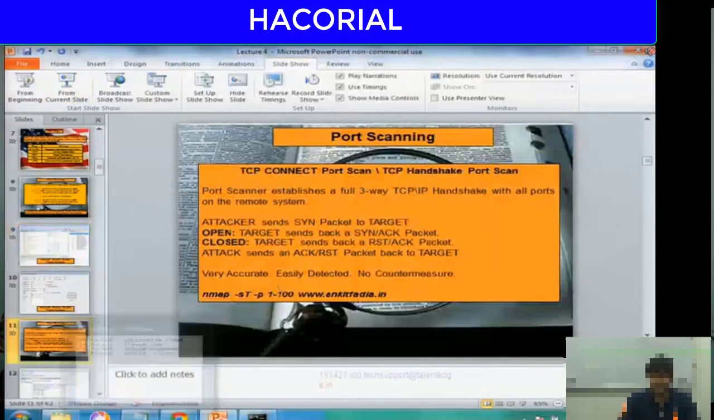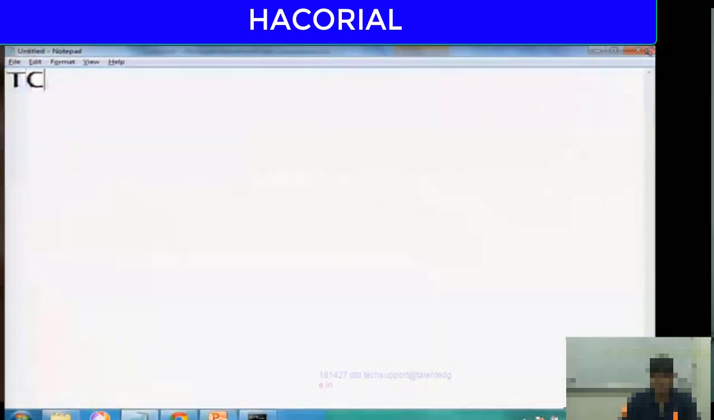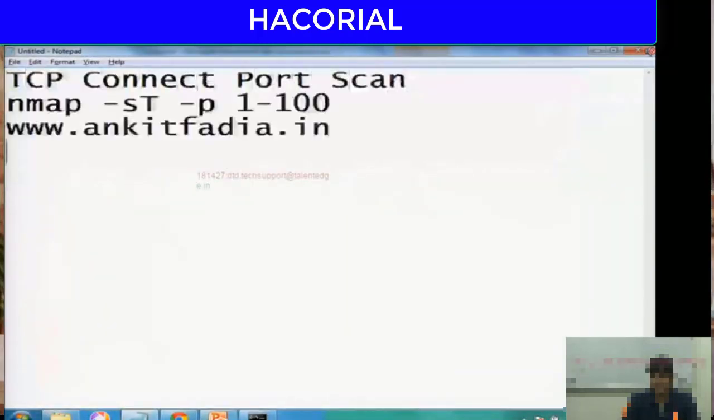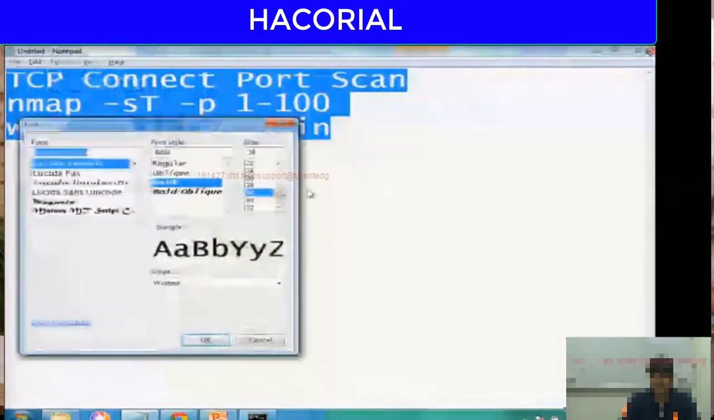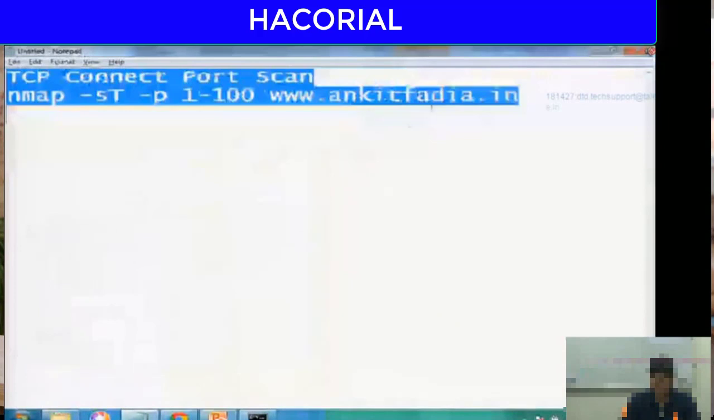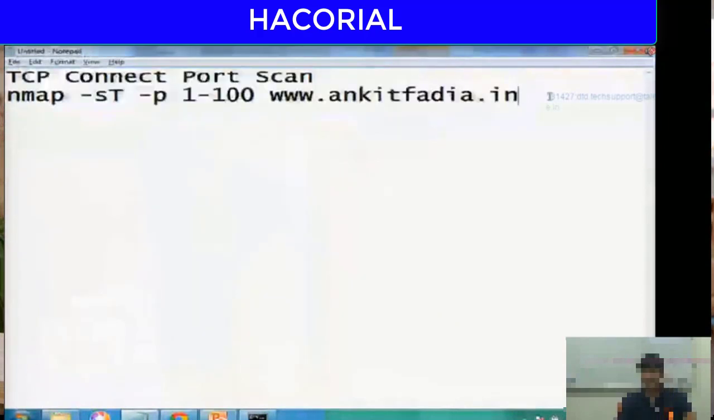So if you are a criminal, how can you perform TCP Connect port scan? So the command that you got to type, I'm just going to reduce the font size a little bit so it fits into one line. Alright, so the name of the first port scan is TCP Connect port scan, and the command that you got to type is nmap